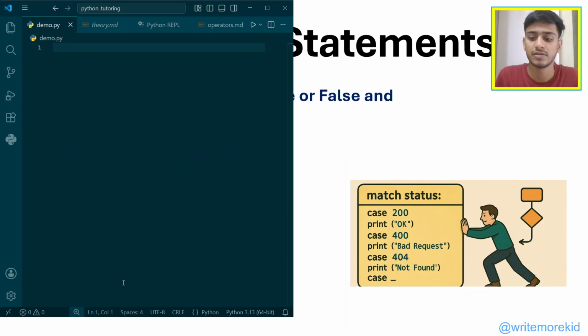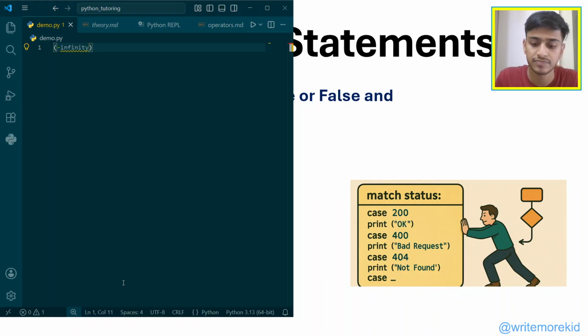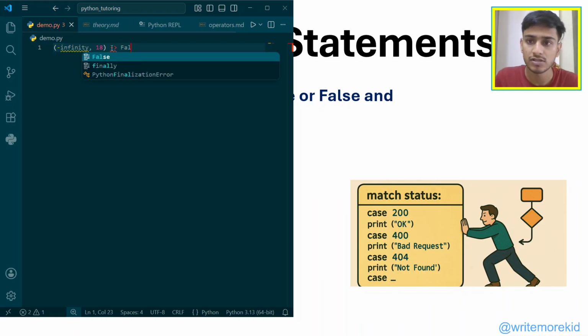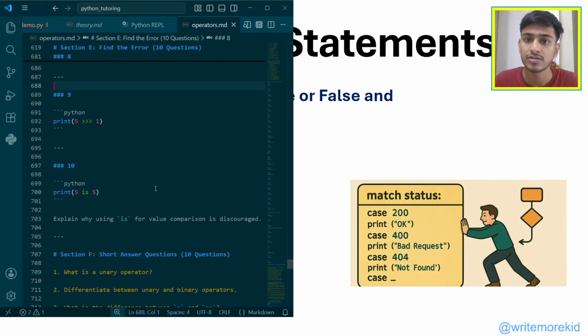Here we have a minus infinity, then we have our 18, like this. So whenever the condition is like this, the whole range will result in false. So what will happen? Our else block will get executed. That's why